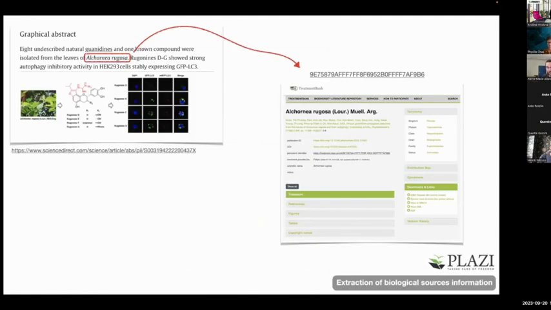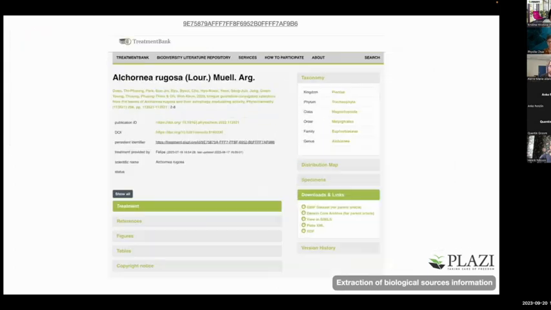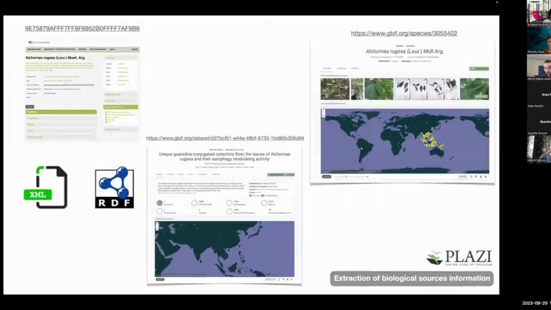And so what we get basically is that we pass from this PDF that we have here on the left with just the simple name of the species to a completely new digital object, in this case, the taxonomical treatment, benefiting from a permanent identifier and a wide set of interesting associated metadata, such as the taxonomy, for example, but also the GBIF dataset, so the occurrence, in this case, of this specific taxon, the occurrence of the related species, and all this information is available in linked open data format.